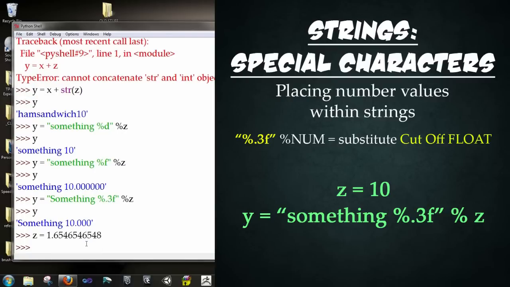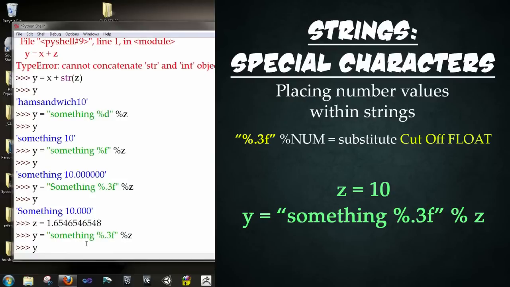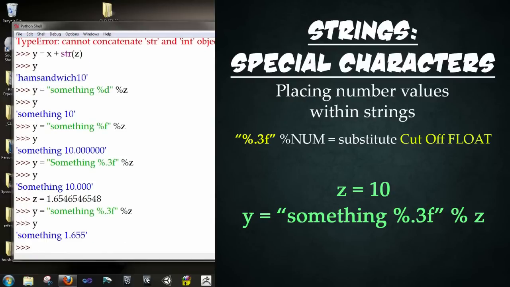Enter. Okay? And now we're going to try that last command that we did again with Y equals something, percent sign, 0.3f in quotation marks, percent sign, Z, enter. And then type Y again. So it rounded from 6.54, etc., to 6.55. So it rounded it. So that's some of the control that you have when putting variables or converting variables into